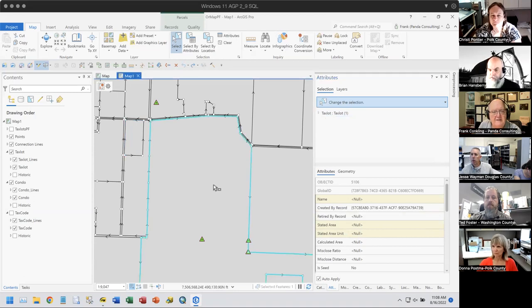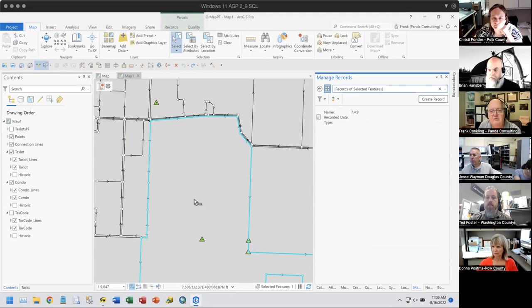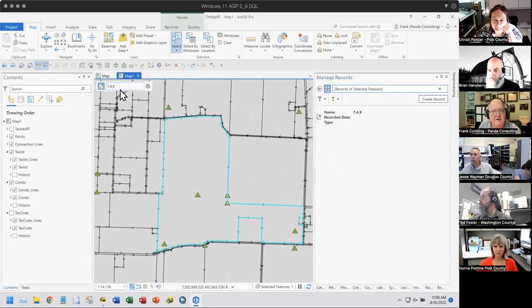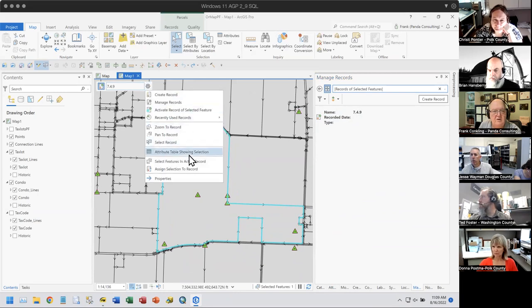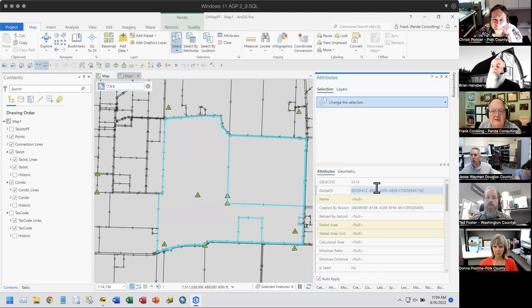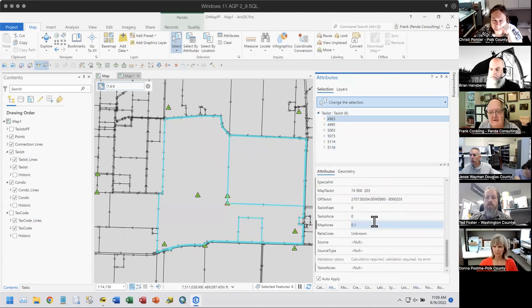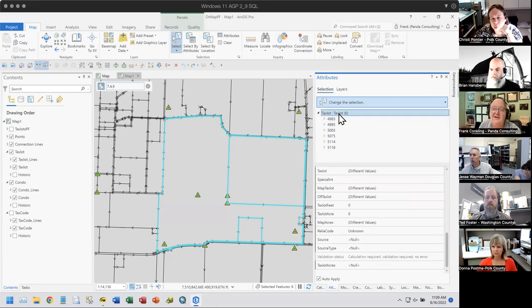Let me take this selected feature. Let's explore a little bit more about managing things. So let me find the record for this one selection here and make that my current record. All right. So I now have my current record here. And if I say, find all the features that are associated with this one record, it will now show me all the tax lots that are associated with it. I should have had lines associated with it, but I don't have lines associated with it. But if I want to change them all, I can do it on the